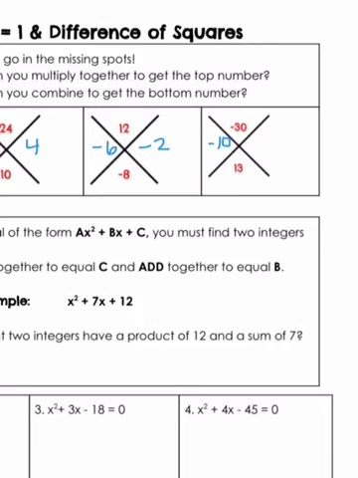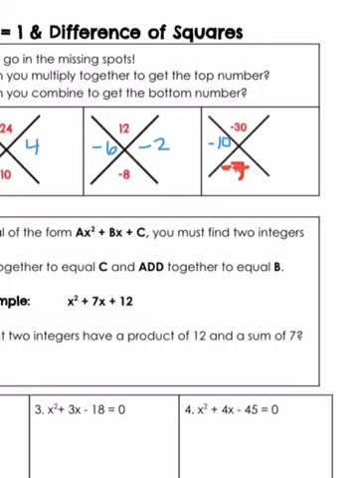I'm going to change this number here because I messed that up. It should be negative 7. We'll do it like that. Sorry about that. Okay, so what two numbers multiply together to be negative 30 and combine together to be negative